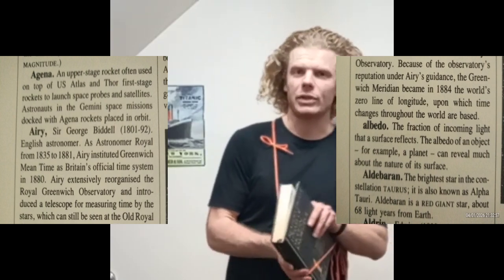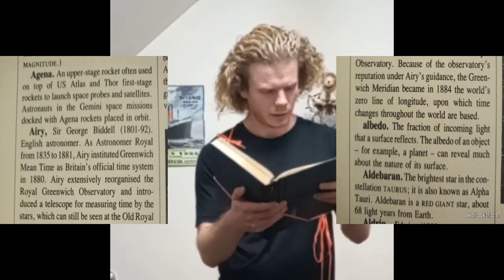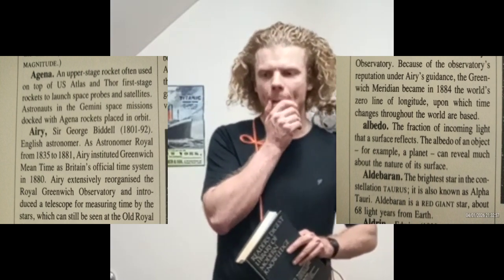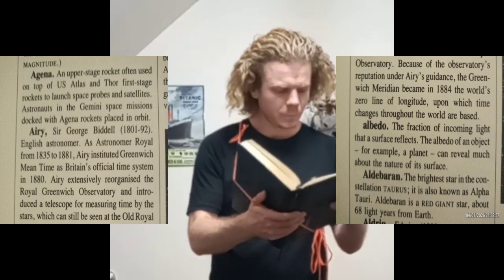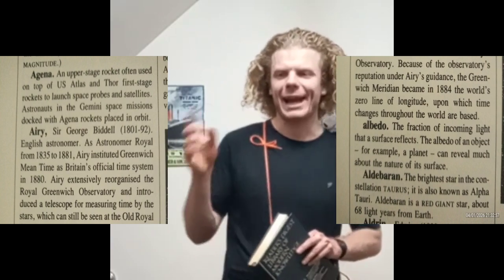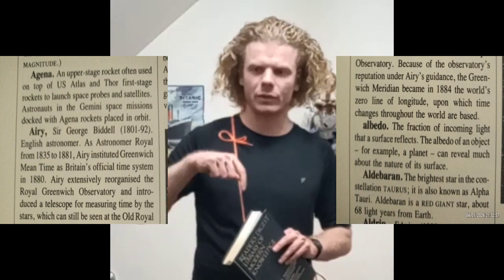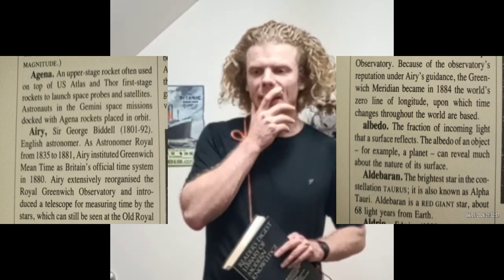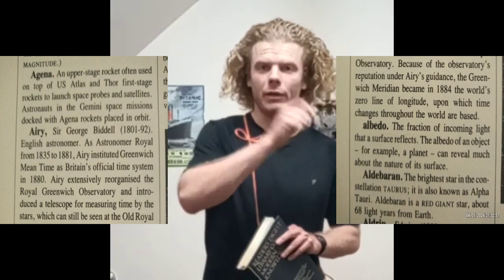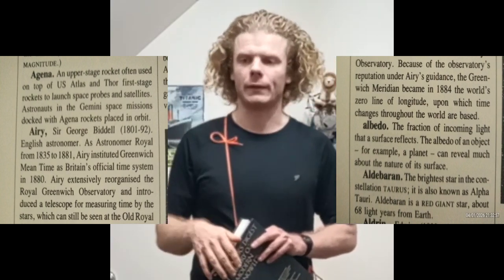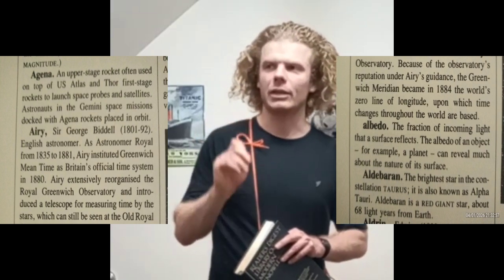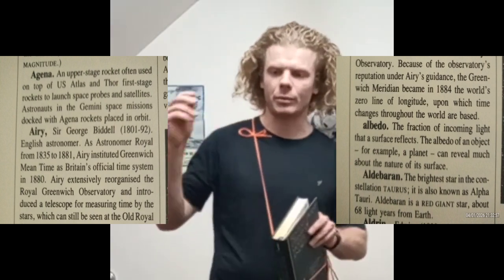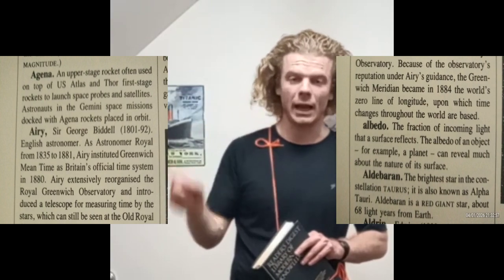Okay, now the question is, am I able to say it all from memory? Sir George Biddell Airy, born 1801, lived until 1892. This is a bit difficult with the numbers this time. 1801, 1892, and he was from 1835 until 1881 the Astronomer Royal. In 1835 he became the Astronomer Royal. In 1880 was the introduction of the Greenwich Mean Time, the official time of Britain. The other thing, in 1884,